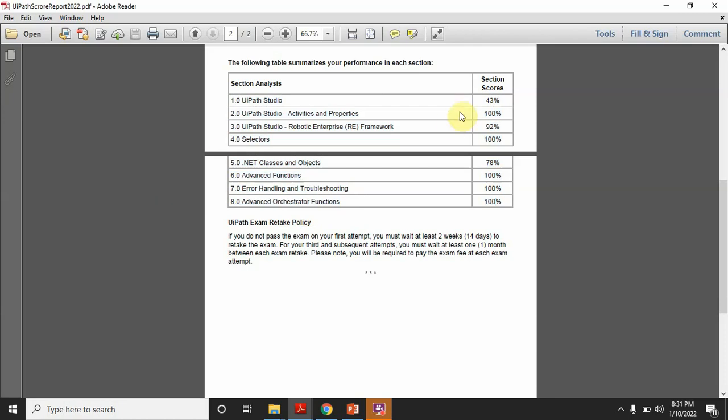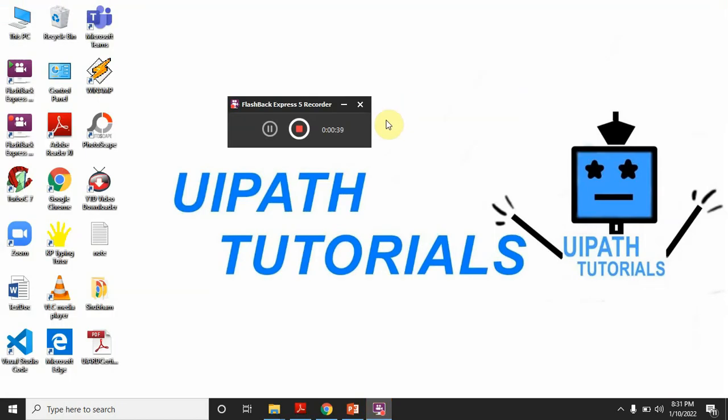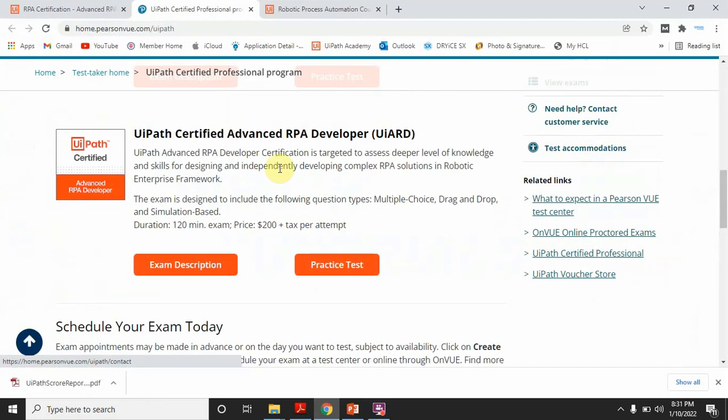Now, how I prepared for the examination. When you go to the official site of UiPath, you will see the exam description, where you can download one PDF file.